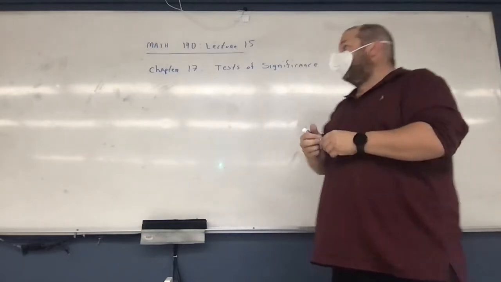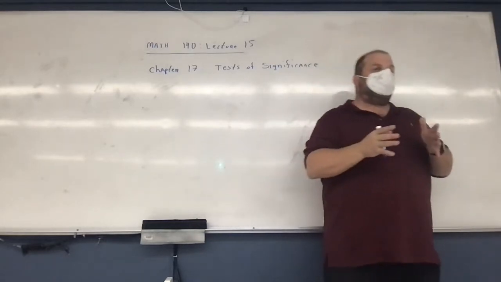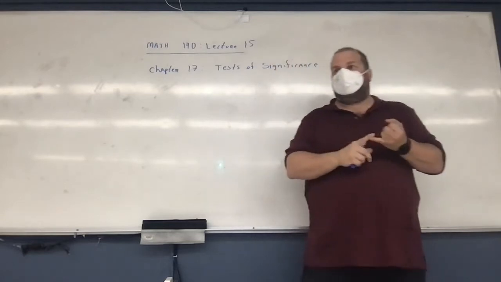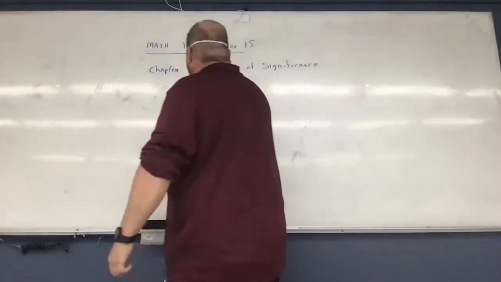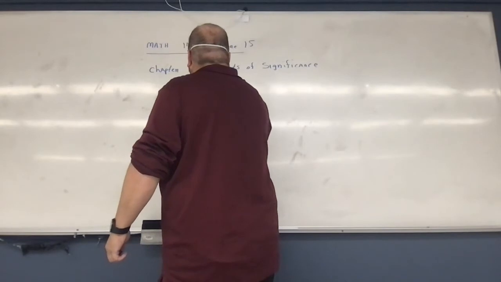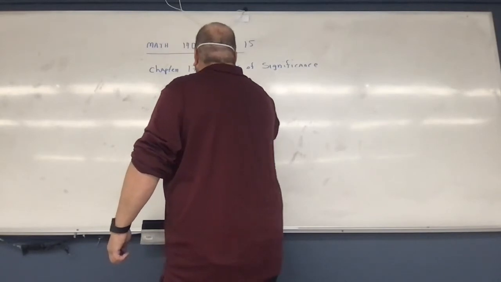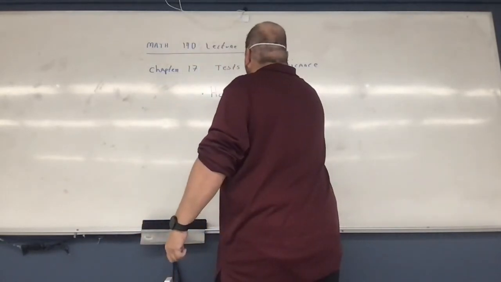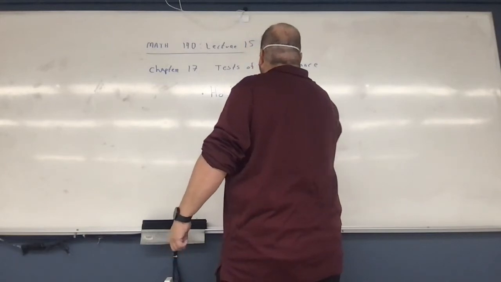So in a test of significance, you have two hypotheses. You have the original hypothesis called the null hypothesis. The null hypothesis, labeled H0, is essentially the original belief,